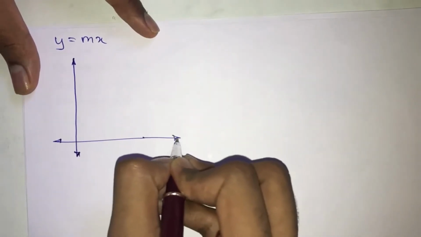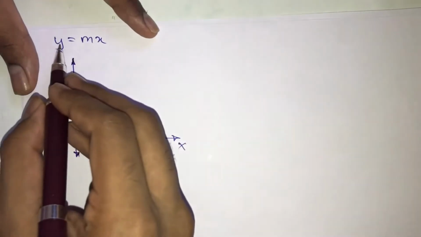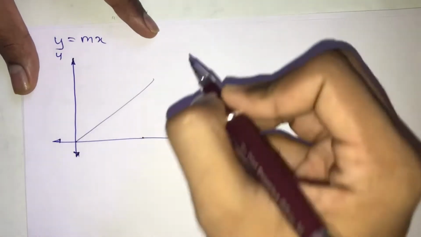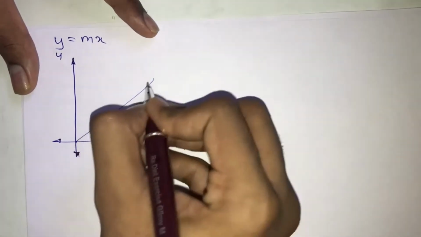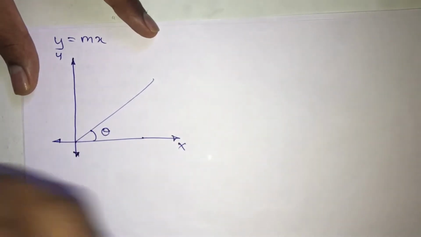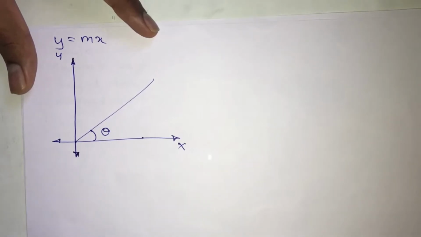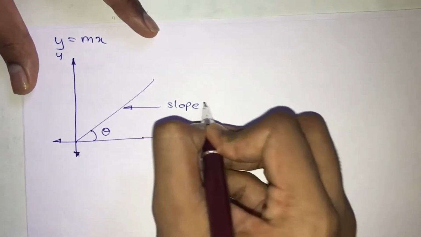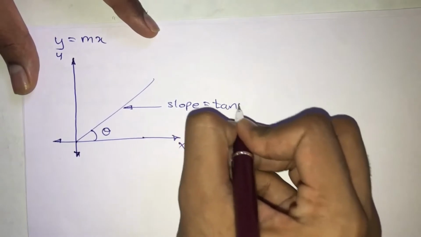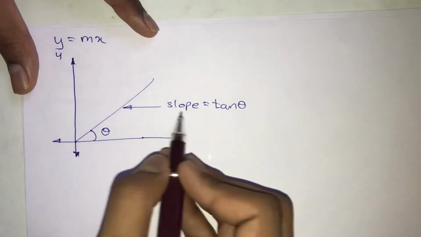Okay, so basically we have a y-axis over here, an x-axis over here, and this equation y equals mx is for a line which passes through the origin, where this angle made by the line with the horizontal x-axis is known as theta. We don't know this angle, we have assumed it to be theta. Now if you want to find out the slope of this line, the simple formula is nothing but tan theta. So when you take the tan of this theta, you will ultimately get the slope of this line.